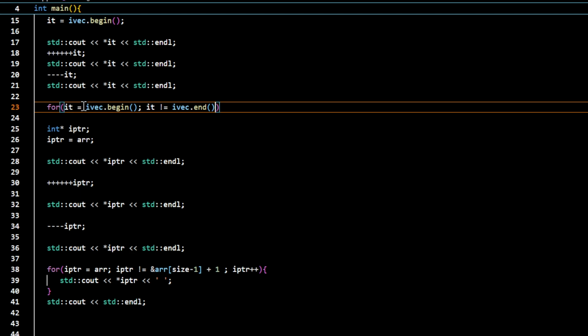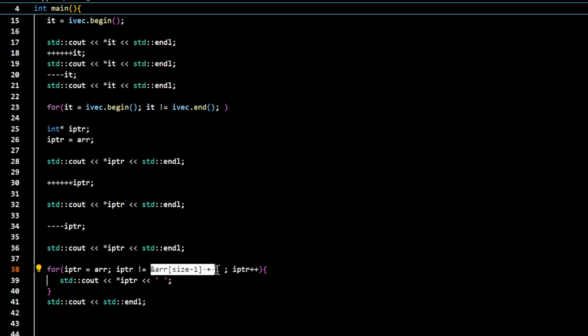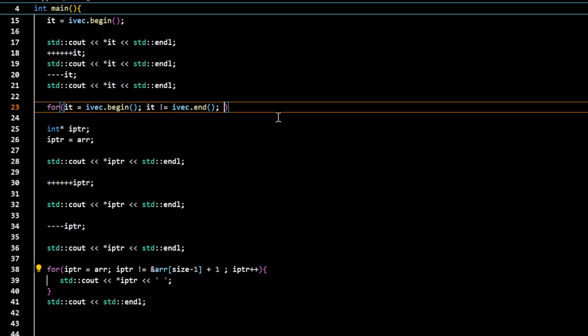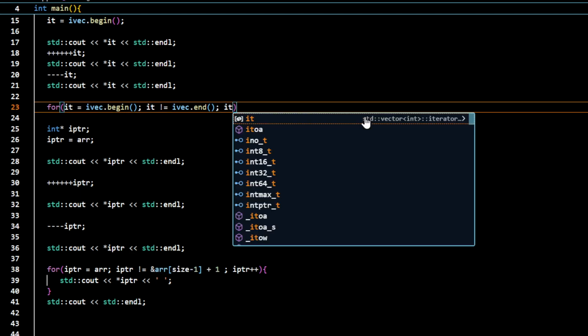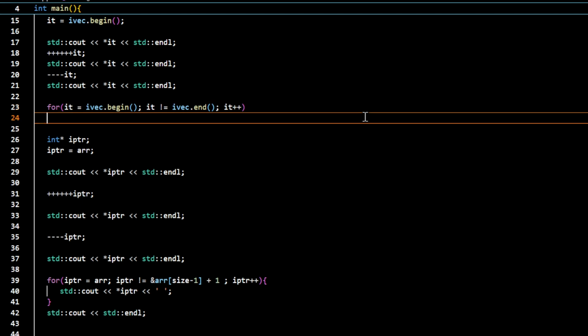This end function returns an iterator to the element next to the last. In this case, this is going to be the address of the element next to the last element, not the last but next to the last. In this case also it will return the address next to the last. And you can increment the iterator and display the data using the iterator,